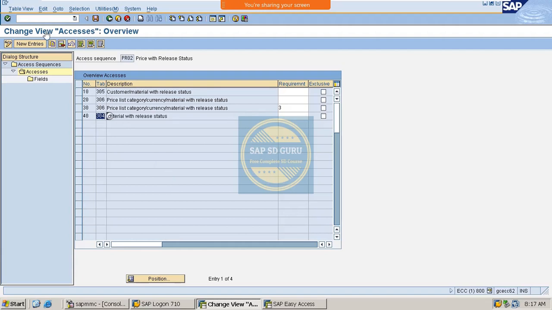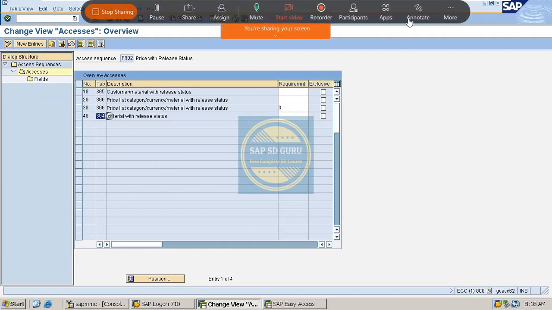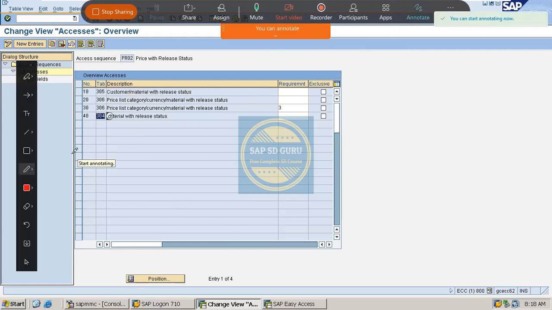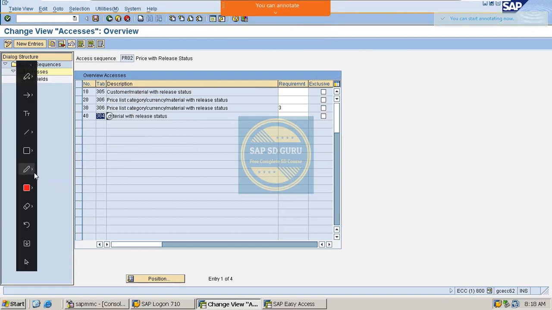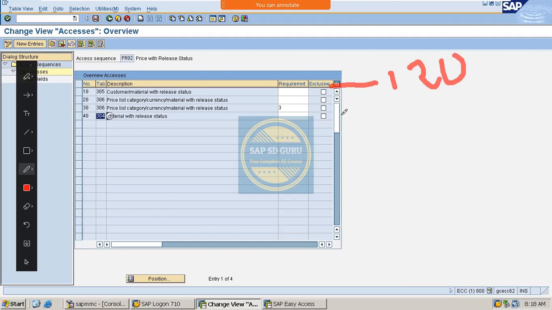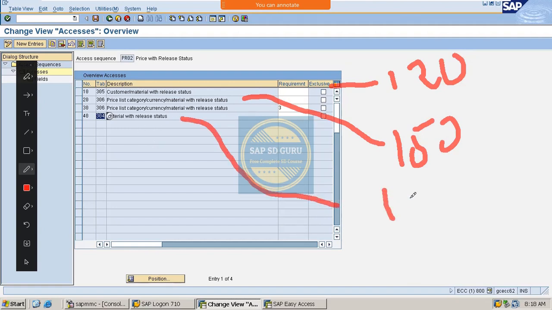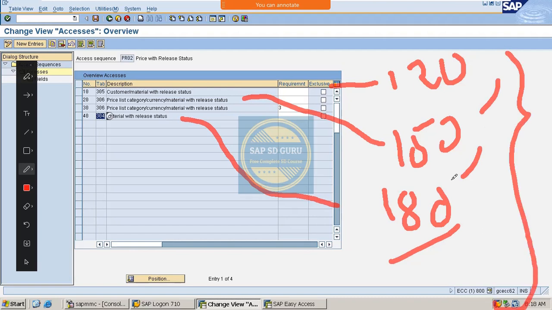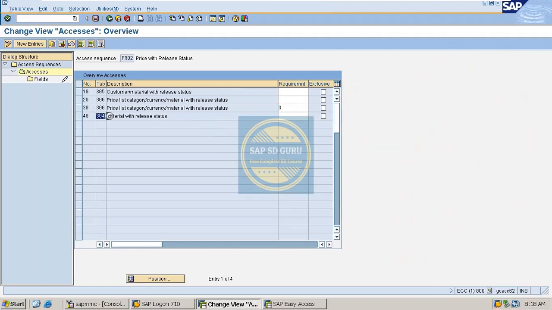Now what I would like to do is, I would like to maintain the price as we have discussed. For the first combination, we are going to maintain the price of 120, and for the second combination we are going to maintain the price of 150, and for the last one we are going to maintain 180 rupees. So where can we maintain these prices? In the transaction BK11, right? So now let me take